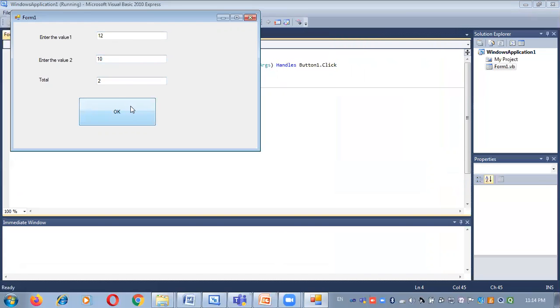I am writing the code for the click event of the command button. When I insert the values in text 1 and text 2, after clicking on this OK button, the output will be displayed in text box 3. So in this way, we have to use different operators for building a simple application.